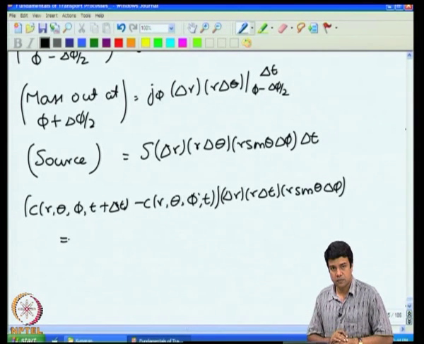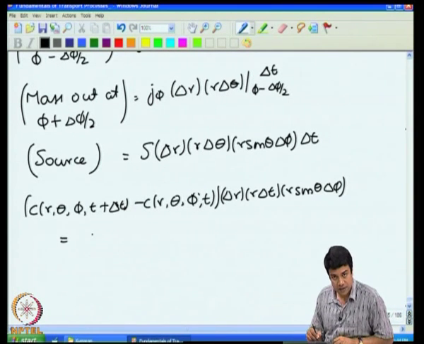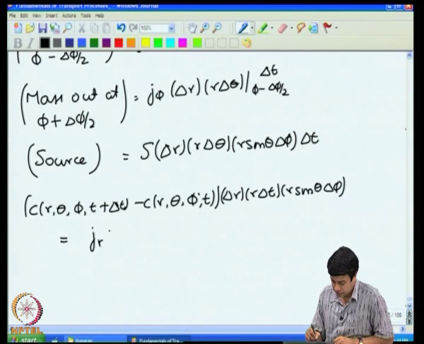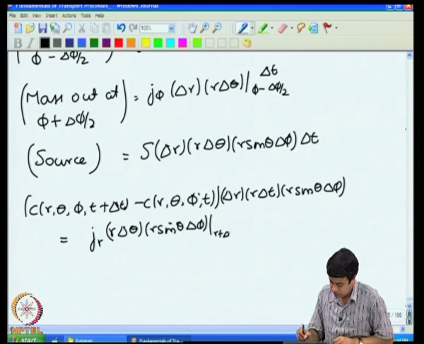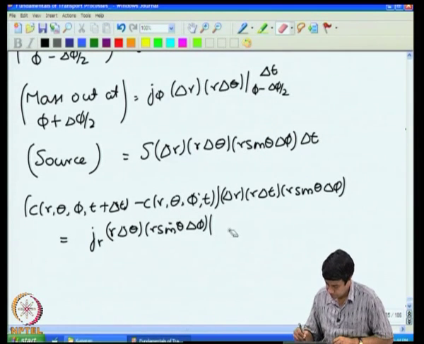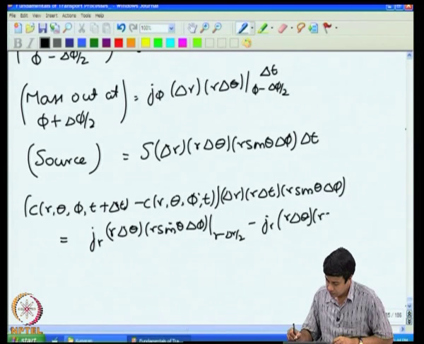This is going to be equal to the sum of all the mass in and out due to fluxes. So, this is going to be equal to the mass in at the surface at r minus delta r by 2, which is J_r into r delta theta into r sin theta delta phi, minus J_r into r delta theta sin theta delta phi